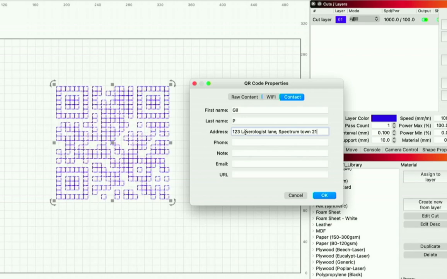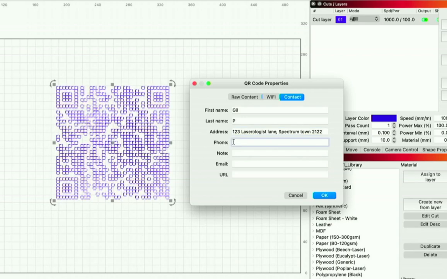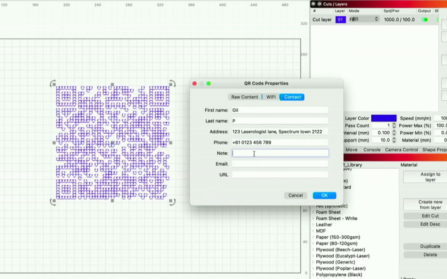My zip code is 2122. My phone number is, look at that, all that information changed, huh? And here I am in Australia, so it's 61, that's the international dialing, and my number is 0123 456 789. Feel free to call that. Operators are standing by. Notes, let's put down host of the laser